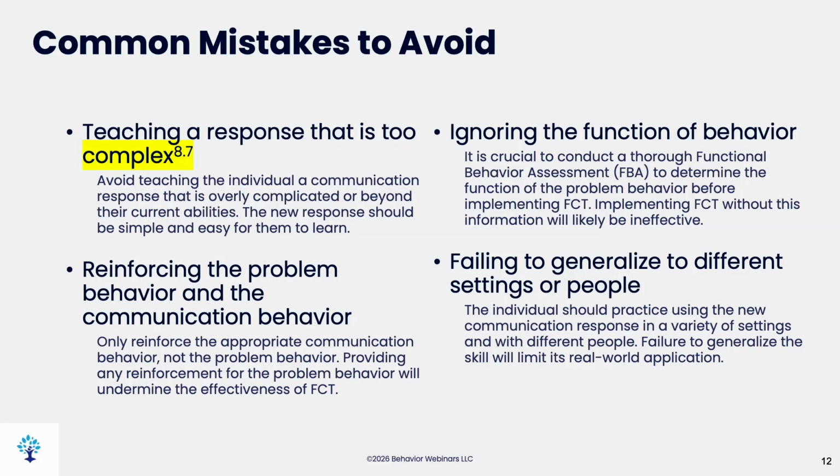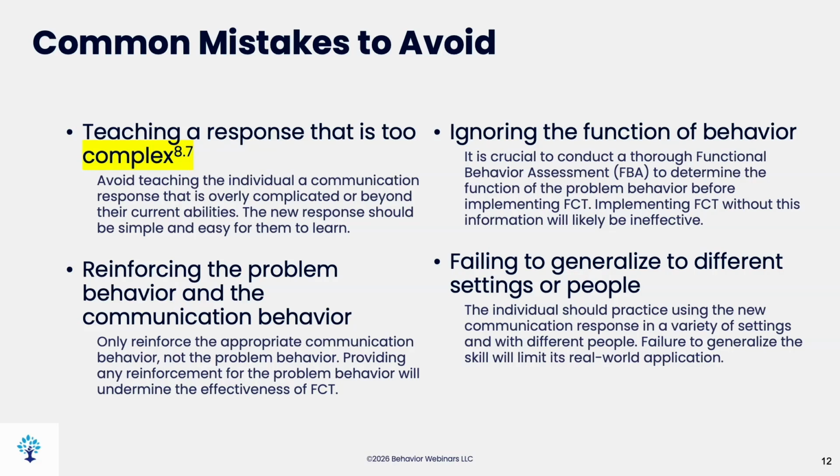Common mistakes: teaching a response that is too complex. Avoid teaching individual communication responses that are overly complicated or beyond their current abilities, or with a communication device they're not used to. If you're going to do FCT, they need to be embedded in whatever communication strategies they're currently using. We have ways to build them without touching problem behavior yet. So we can start developing them and having the learners get used to them without replacing the problem behavior. They have to be comfortable with it before we start working with the problem behavior and what they